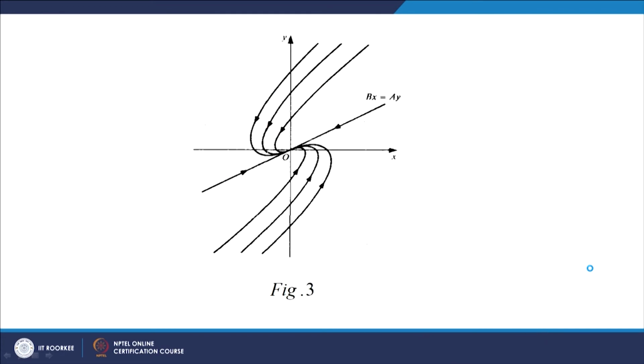In this figure you can see these are non-rectilinear paths. They are entering (0, 0) with the slope of the line bx equal to ay. The slope of the line bx equal to ay is b over a. This gives you y equal to b over a into x, and you can see y equal to b over a into x becomes the tangent to these non-rectilinear paths while passing through the origin. So these non-rectilinear paths approach and enter (0, 0) with slope b by a, and the slope of these half-line paths is b by a. So this point (0, 0) is a node and it is asymptotically stable.